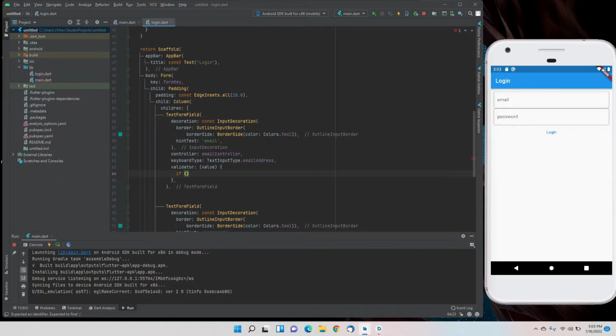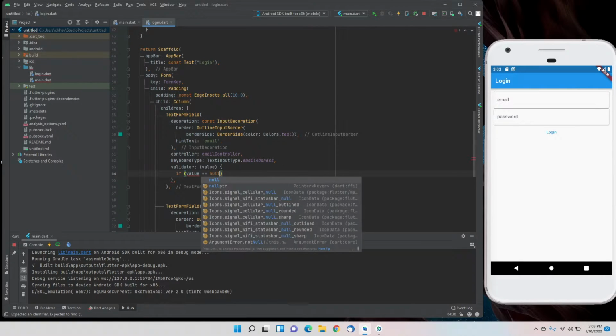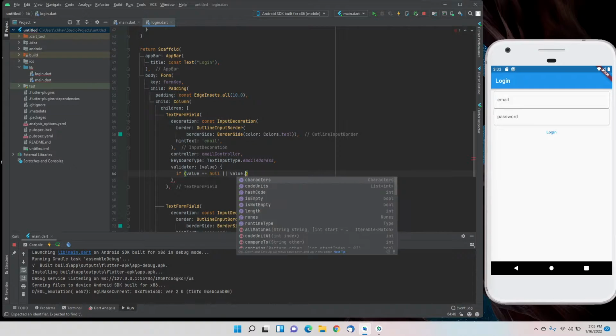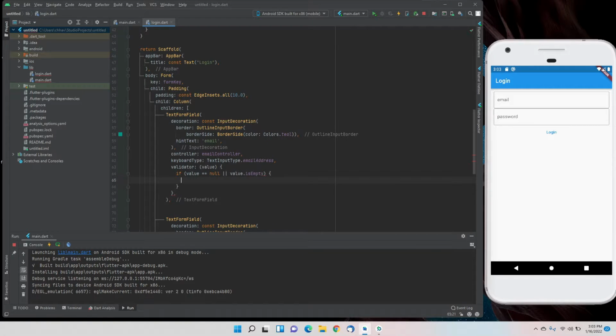If the value is equal to null, or if the value is empty, we are validating that the email field should not be empty. It should have some sort of text. Then we'll return 'please enter an email', because the text box is empty.